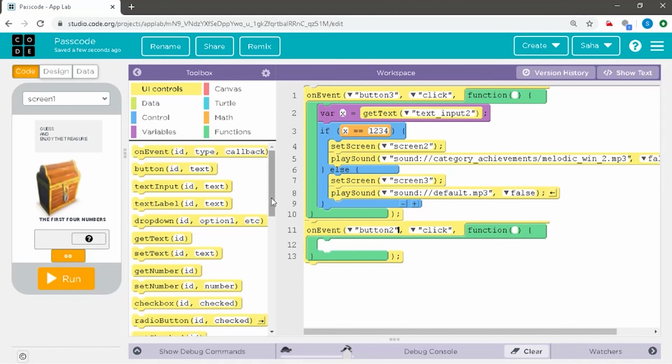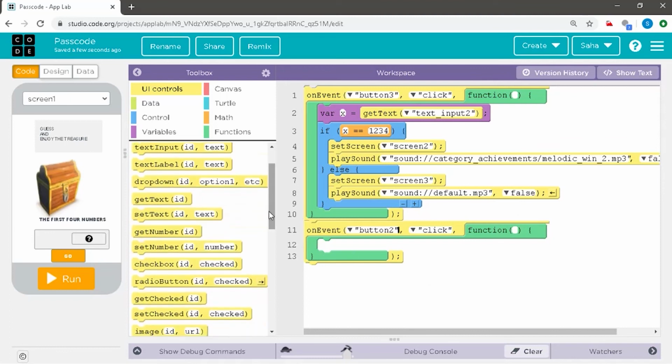For that, we should drag the set text command,